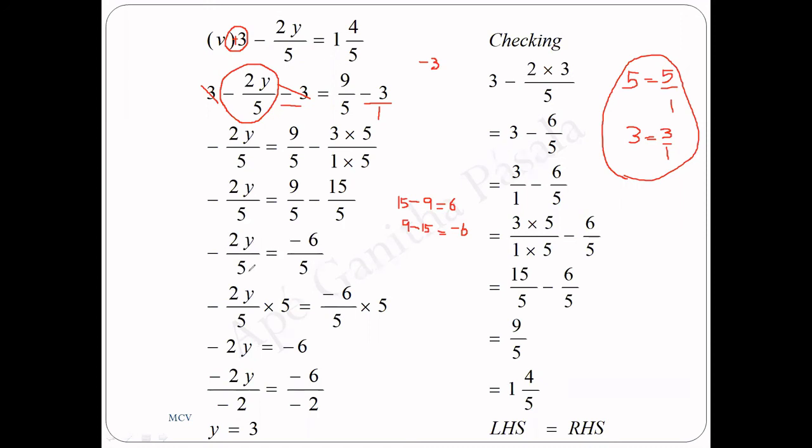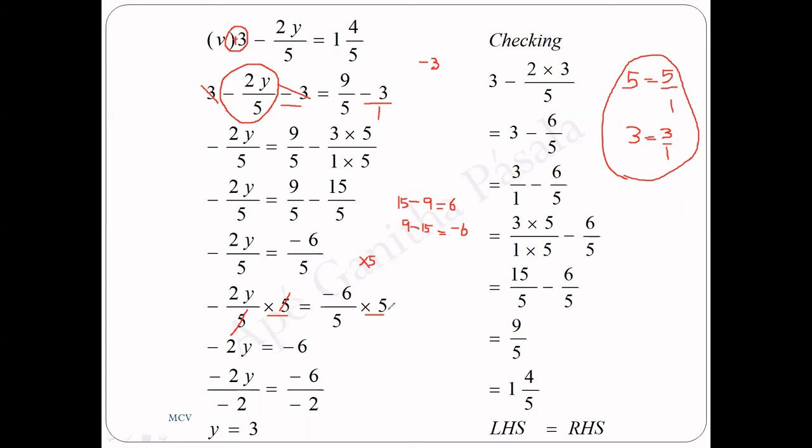Minus 2y over 5 equals minus 6 over 5. To remove this 5, which is a division, multiply both sides by 5. I will multiply this side by 5 and this side by 5. So this denominator can be simplified with this numerator. Then minus 2y equals,